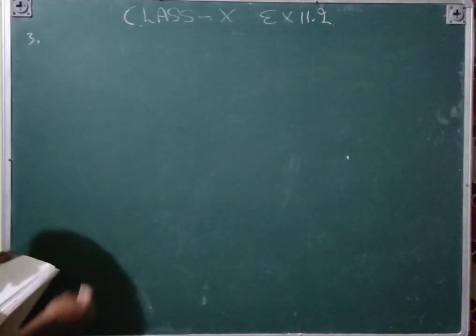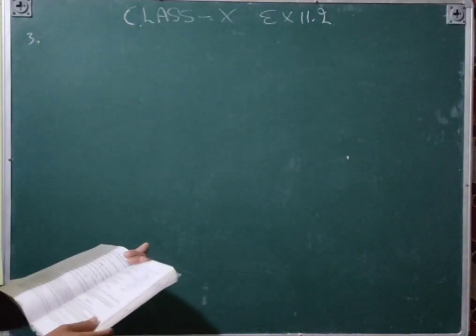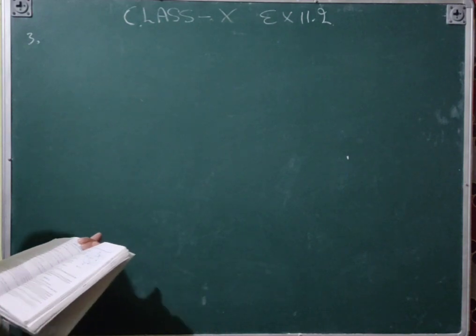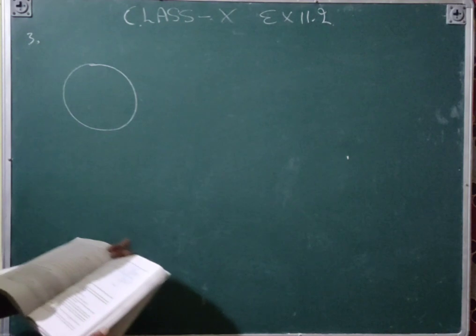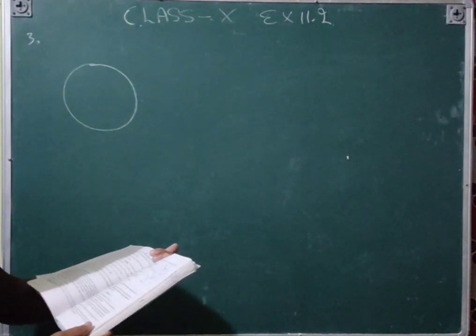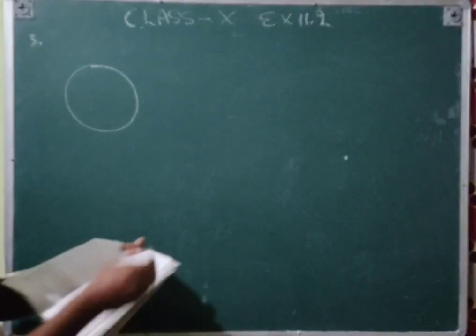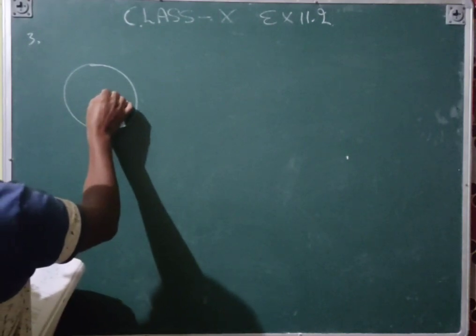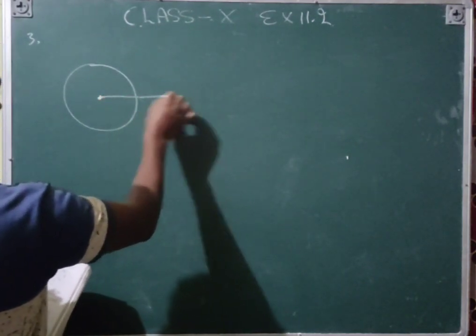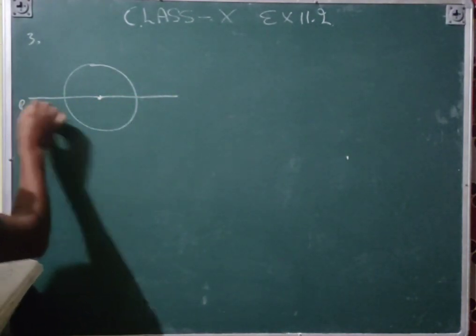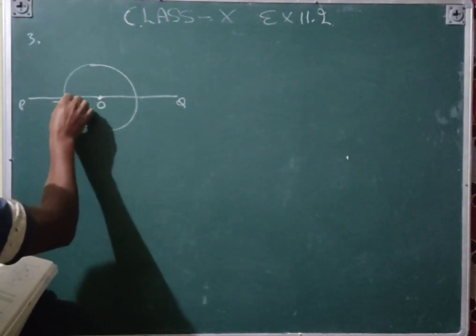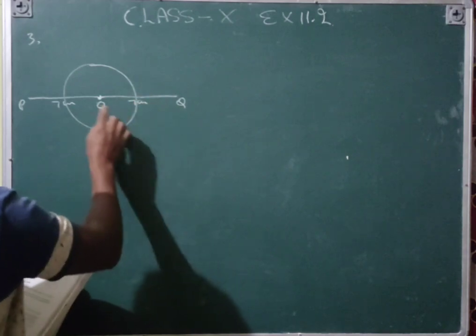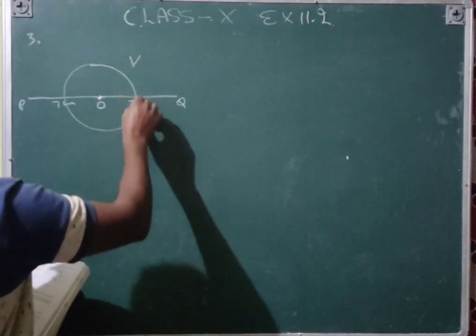Question number 3: draw a circle of radius 3 centimeter. So that is a 3 centimeter circle, and then take 2 points on the extended diameter of that. So with the center O, this is one point P and Q. This is O. This is 7 centimeter. This is also 7 centimeter. And then bisect this,